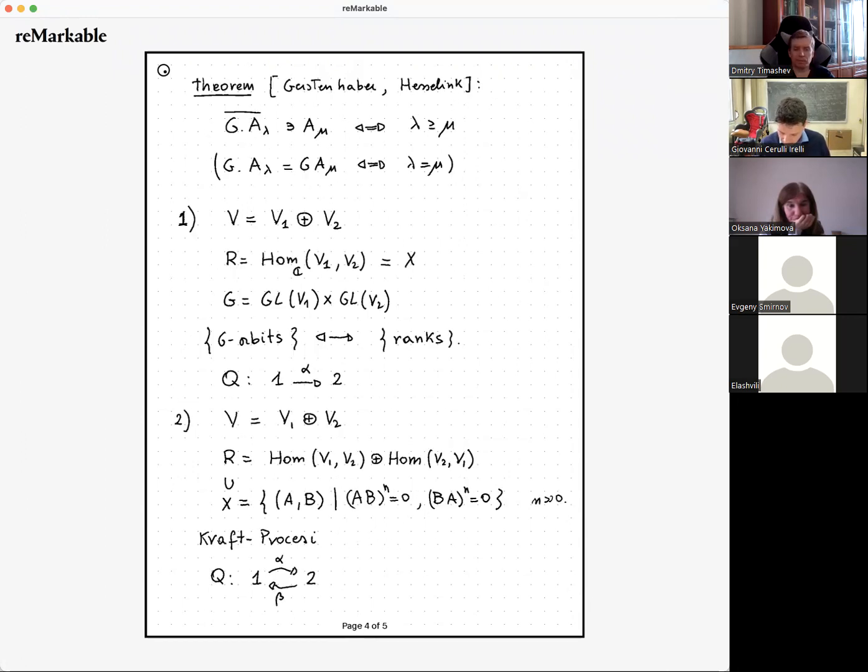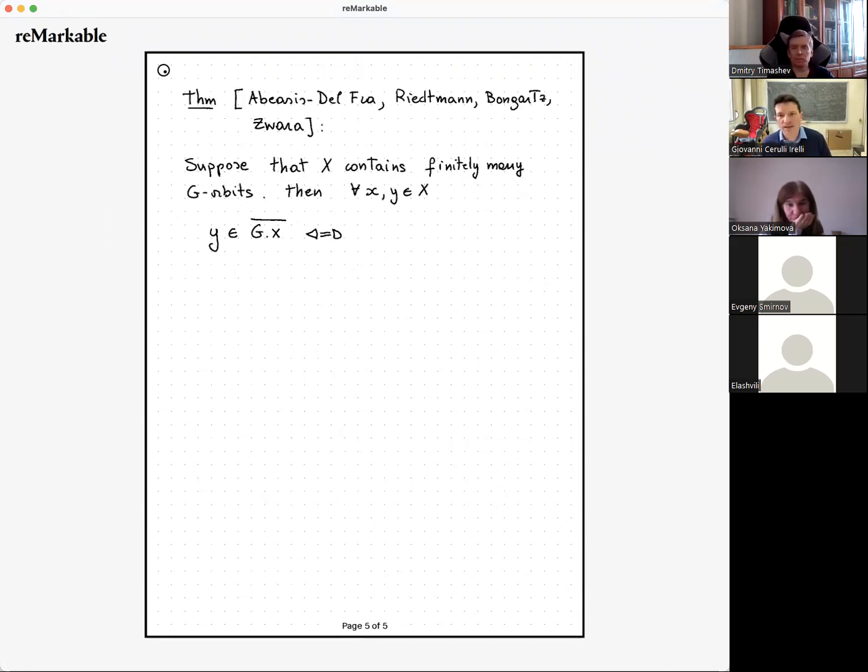But ranks in the general case can be interpreted as a dimension of a Hom space. And this holds in full generality by this beautiful theorem of Zvara. So the dimension of the Hom space: dim Hom(X, Z) is less or equal to dim Hom(Y, Z),